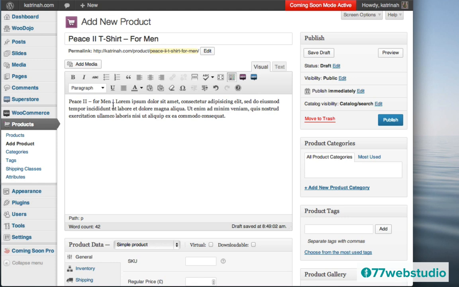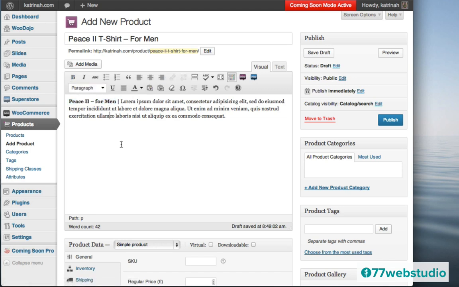I just copied and added some text that I had right here. And then just like an email, you just want to highlight whatever it is you want to format. And when you hover over each of these icons, you'll see a little tooltip that will tell you what each of the icons does. So anyway, you just want to highlight it. And this one I want to bold. So I'm just going to click on the B to bold this text.